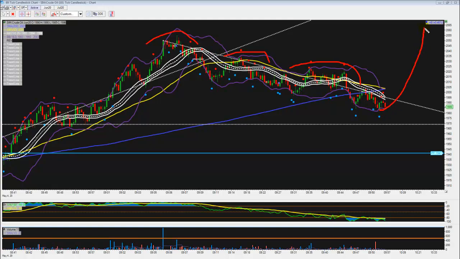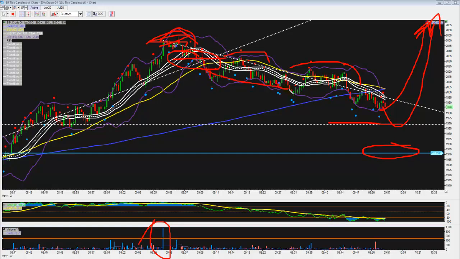I'm expecting is this. Might come down to here and then break up. So I just don't believe that's going to hold. It might happen in the afternoon. It runs at 2. It might come down as low as here. If I could have got up here and stayed in it, that was where I was debating about getting short